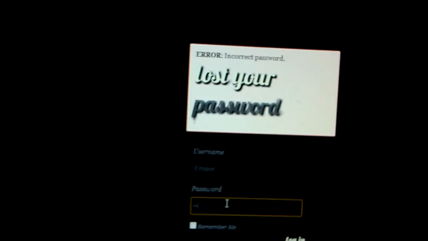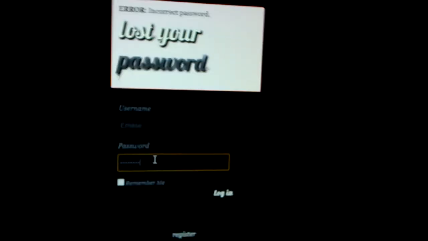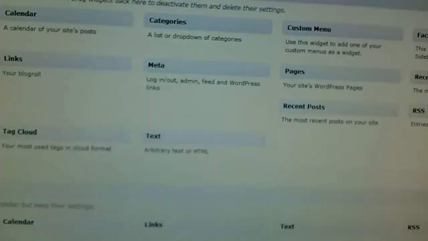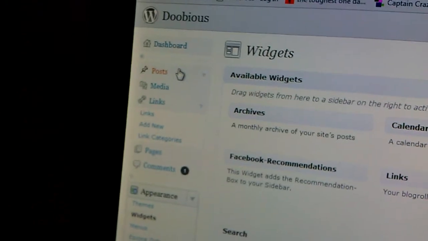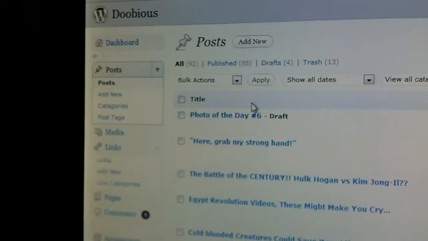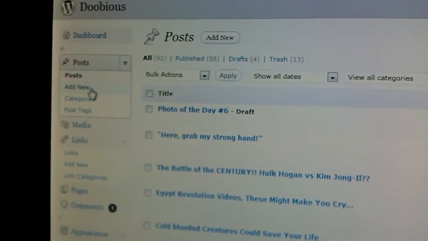Everything is pretty self-explanatory if I can get my password right. Basically, you just want to go over into this post section. That's where you do all the posting. Hit posts, add new,